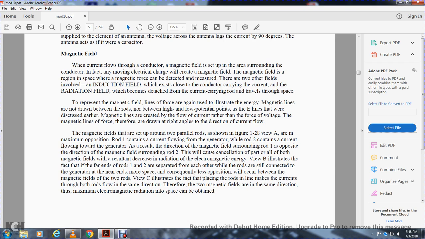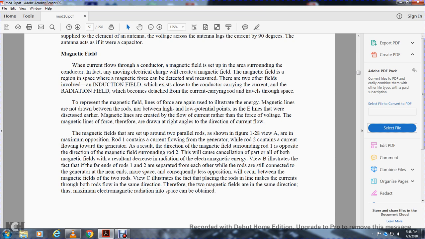When current flows through a conductor, the area surrounding the conductor, with the moving electrical charge, will create a magnetic field. The magnetic field, the region of space of the magnetic force, can be detected and measured. There are two other fields involved: the induction field, which exists close to the conductor carrying the current, and the radiation field, which becomes detached from the current-carrying rod and travels through space. They are represented by magnetic lines of force, which are not drawn between the rods nor between the high and low potential points,